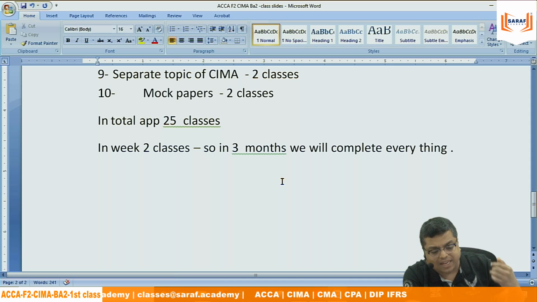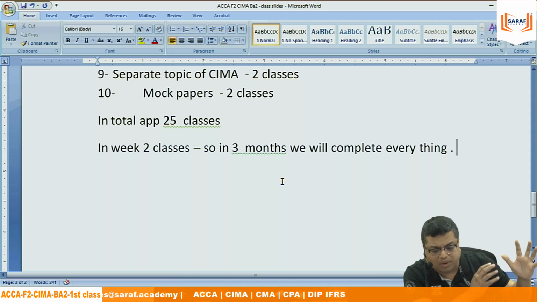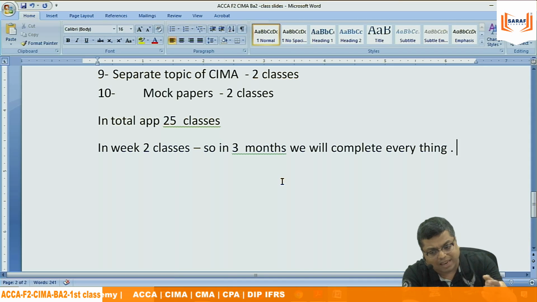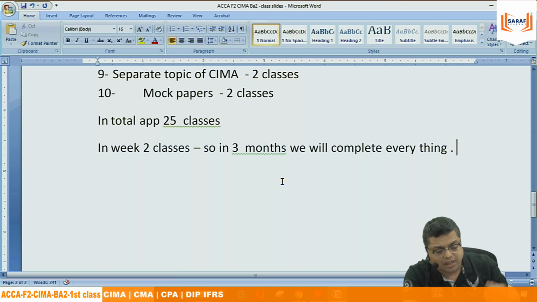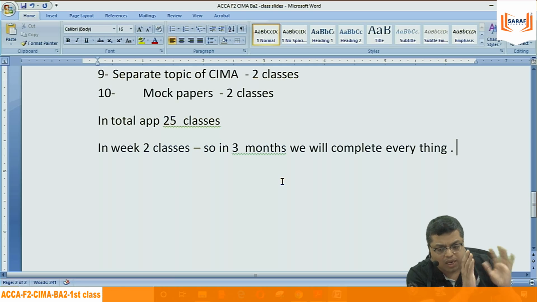So you will find that even the questions in standard costing, which are so many common topics, the same question, comma, full stop is written. It is there in the CIMA material also. It is there in ACCA material also. In both the materials, those topics are there. You will find that they are common in both the cases.